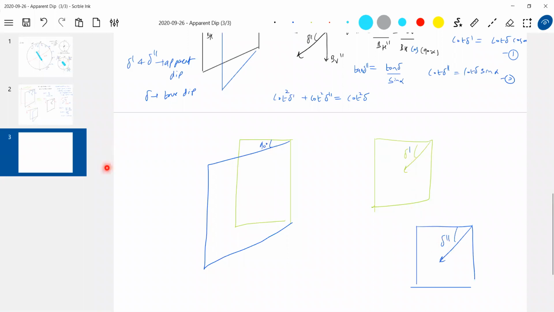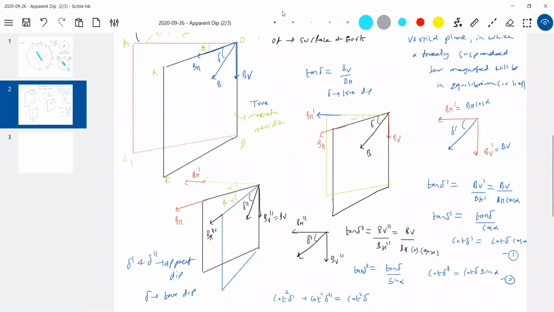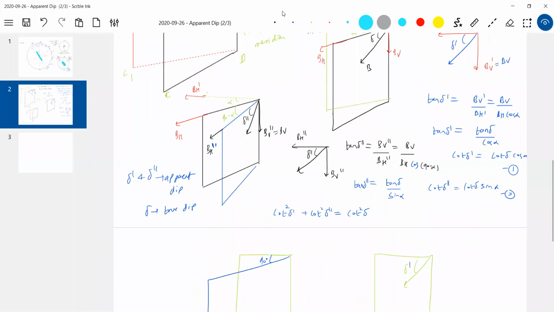90 degrees. Therefore, at the place where you want to measure the apparent dip, keep the dip circle in a vertical plane. Then measure the apparent dip delta dash. Then rotate the dip circle by 90 degrees. Then measure delta double dash. Then substitute in this equation, and get the true dip. What we did is we eliminated the necessity of identifying the true magnetic meridian. Because to get the true dip, you have to measure it with a dip circle in the true magnetic meridian.